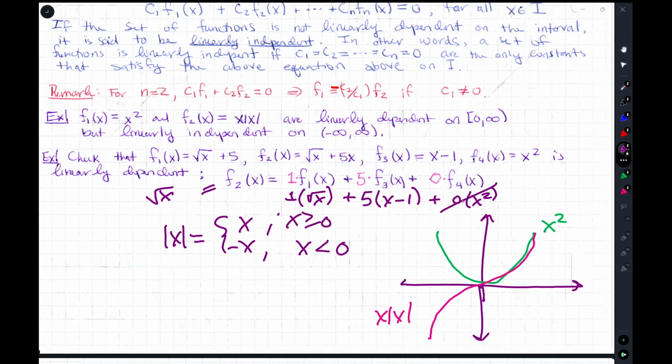Notice that that's just 0, and this should be 5x, and you'll get square root of x plus 5x